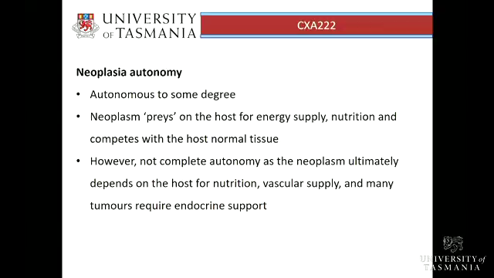Although completely unrelated, on an aside there, I went out to look at the crematorium, because all of our human tissue has to be cremated if it's recognisable human tissue. You know, a tiny little biopsy can go in the biohazard, but if it's half a foot or something, you don't want to be sorting through the rubbish out at the local tip and come across that sort of thing. So in Tasmania, it has to be cremated, and in those meetings with the guy that runs the place, he was saying that the tumour masses are one of the hardest things to cremate because they're such a dense mass